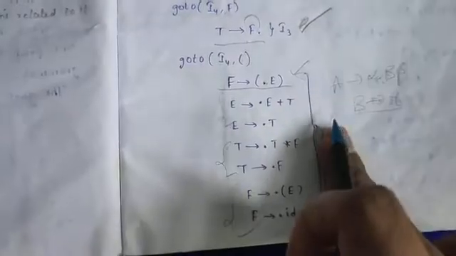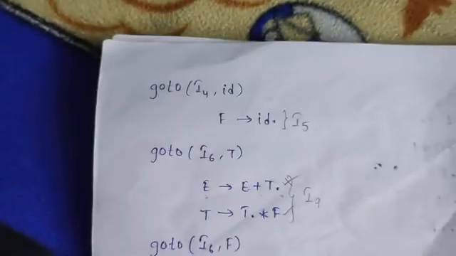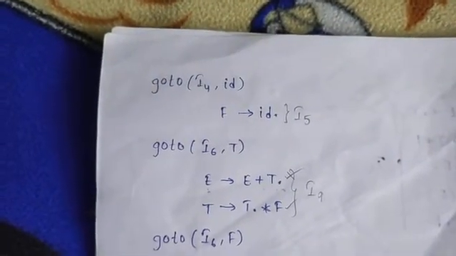Before naming this one, we'll check I0, I1, I2, I3 and I4. It will match with I4. The same productions as in I4 should be repeated here. For that reason, it should be indicated as I4. Okay, then the final thing in I4 is only F tends to id remaining. So here, F tends to id: in I4, on id, we get F tends to id dot.